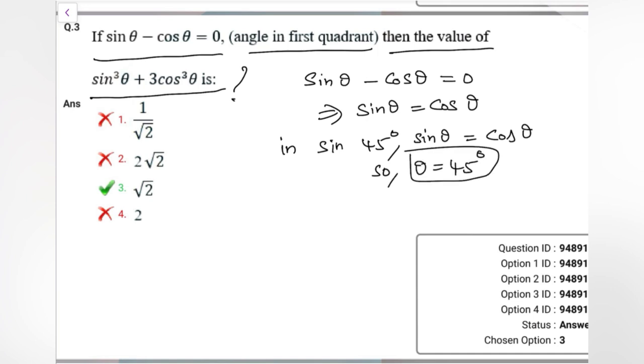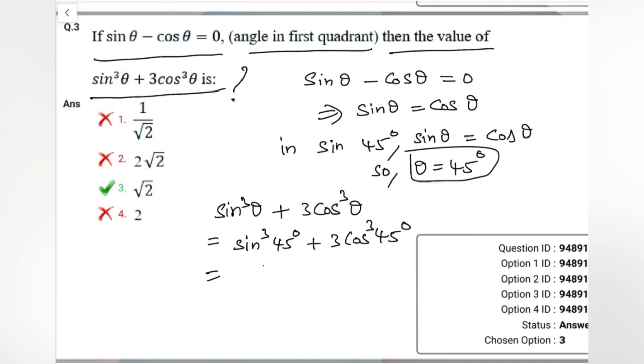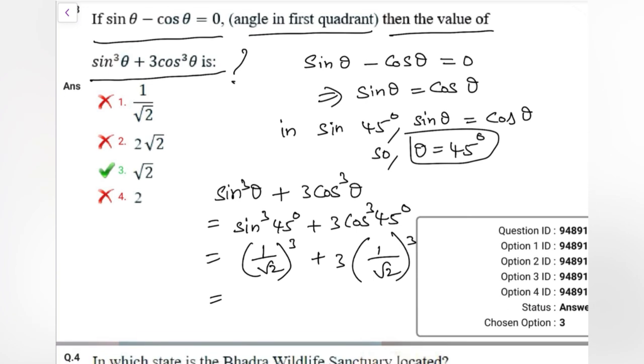And now coming to the question, sin cube theta plus 3 cos cube theta is equal to sin cube 45 degrees plus 3 cos cube 45 degrees. We know that sin 45 is 1 by root 2. So 1 by root 2 whole cube plus 3 into, and cos 45 is also 1 by root 2 whole cube. After simplifying, it will become 1 by 2 root 2 plus 3 by 2 root 2, which is equal to 4 by 2 root 2,